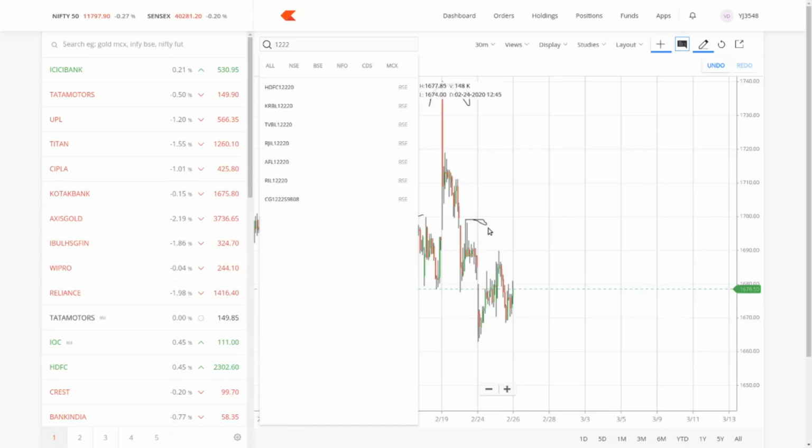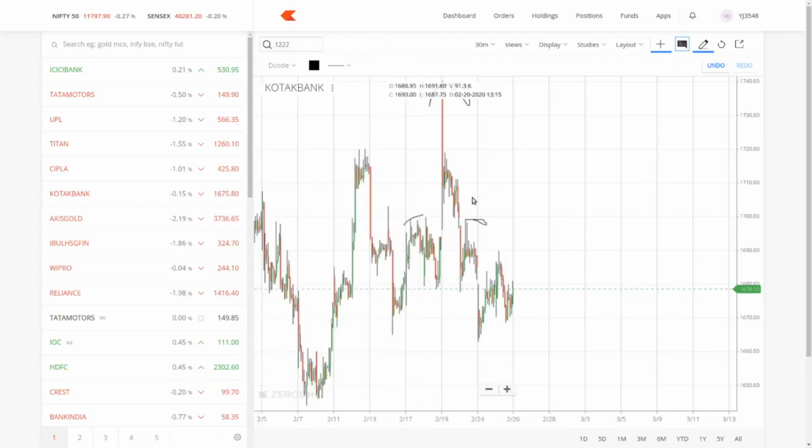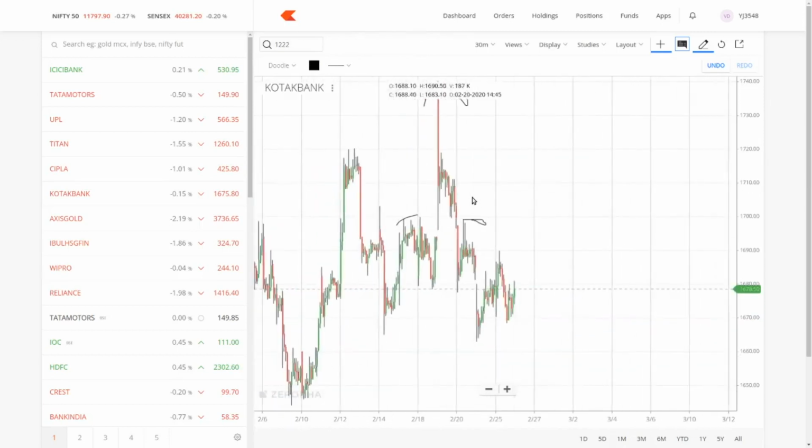We were looking at Kotak financials, and it's already open, so that's why it is being identified, because you have very nicely forming shoulders here. You have a neckline, which is indicated by the lows here and here, right? So this is forming a very good head and shoulder pattern. Okay,